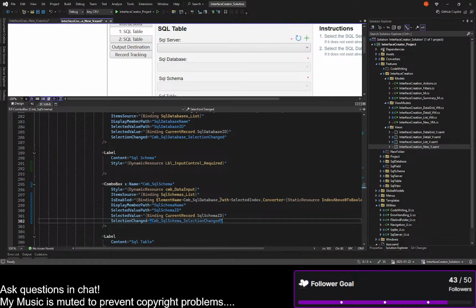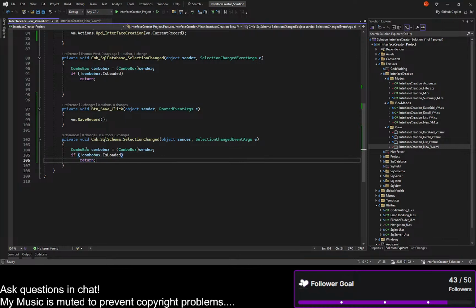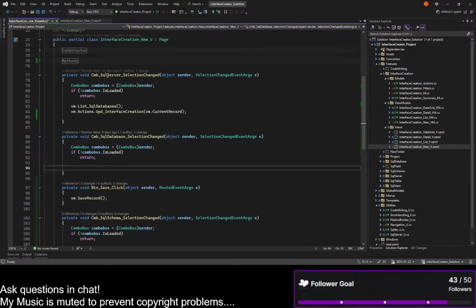Selection changed. We can then do schema selection changed. Definition, we have to do the same thing, kind of. Same thing as here. Okay. And then we have SQL database selection changed, which then we want to populate or get the list of servers. So in here, you say list databases and actions update the record. Databases would list the schemas and update the record. Okay,